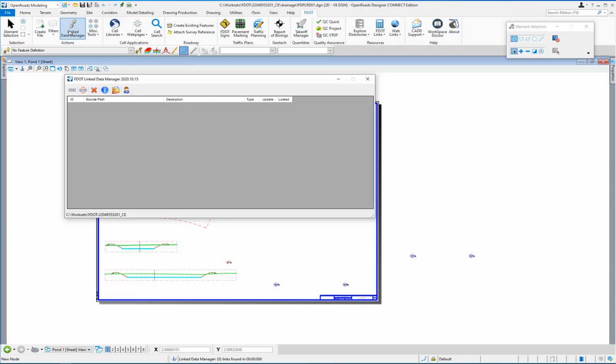This will bring up the FDOT Linked Data Manager dialog. Left-click on the Create New Link button in the upper left corner of the dialog.